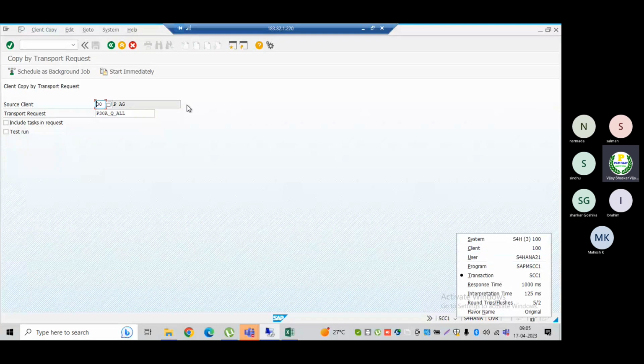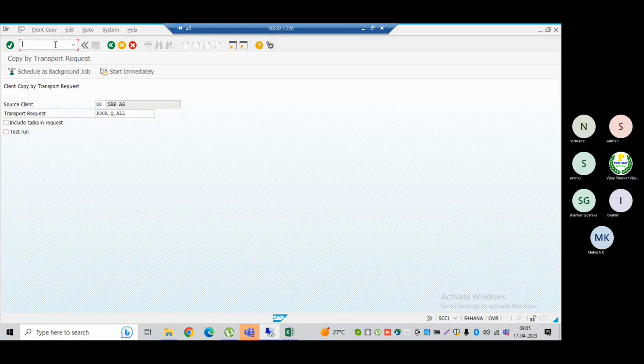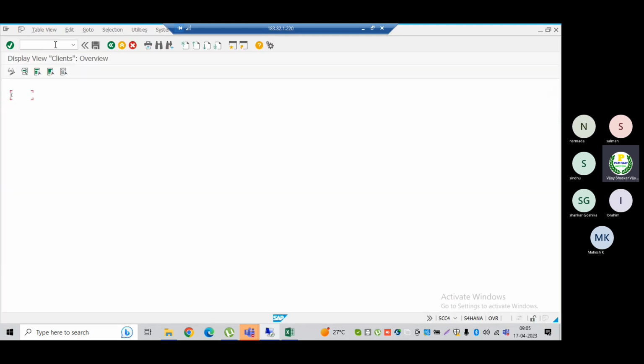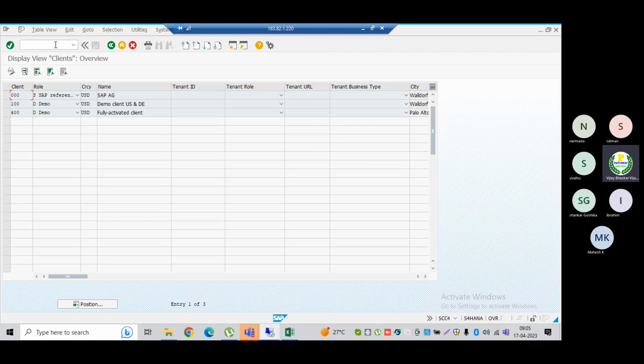Let us assume I want to bring the changes from the development system to the quality system. Let me show you an example here. Now I have 100 client and 400 client.